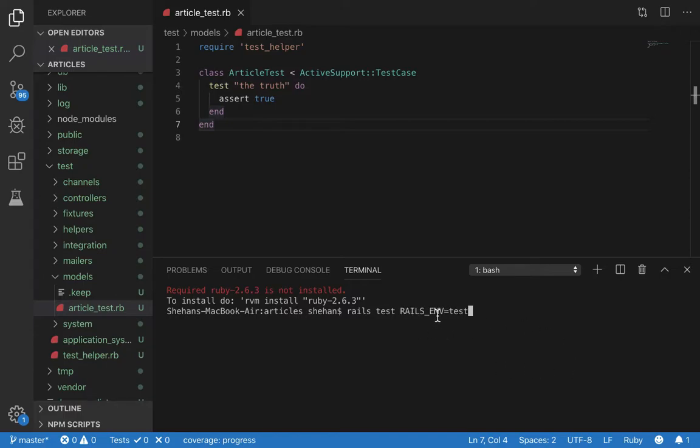So what RAILS_ENV=test does is it specifies an environment for Rails to run the application. So there's three types of environments. There's development, production, and test. When you're doing unit tests, it's recommended to always include the RAILS_ENV=test flag